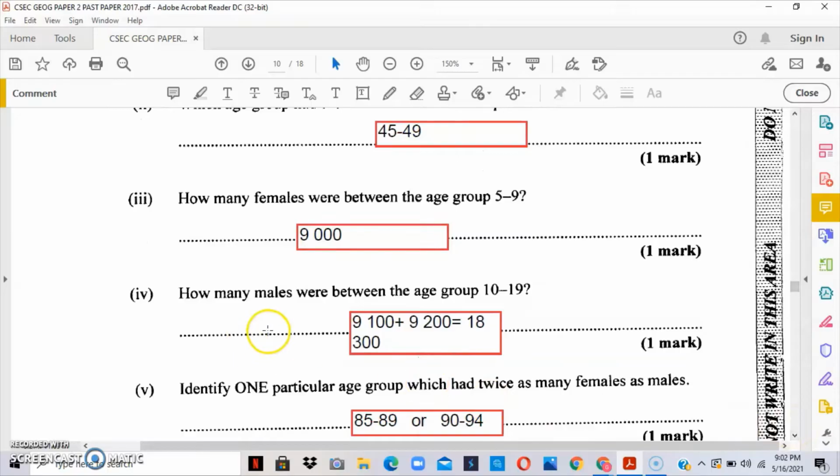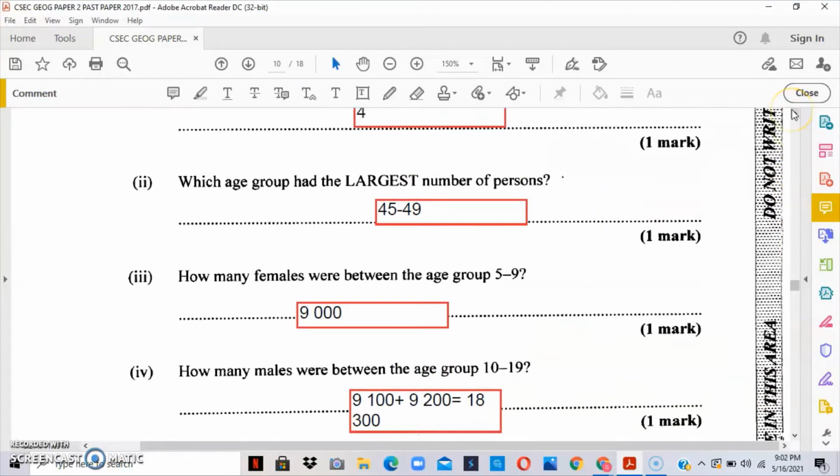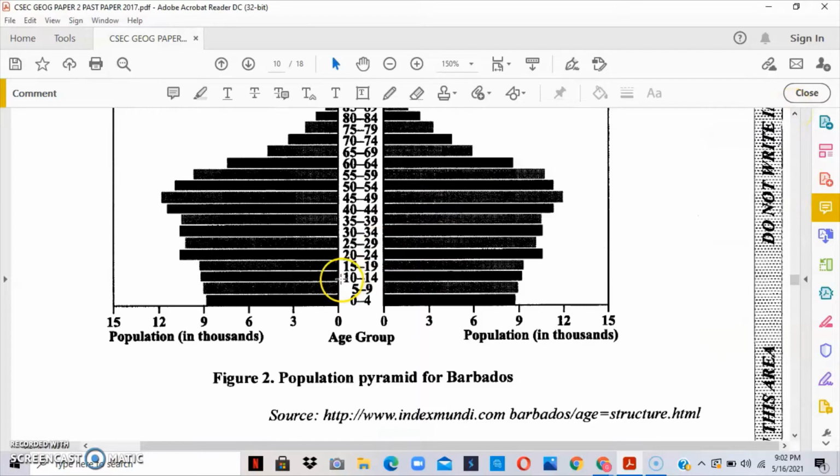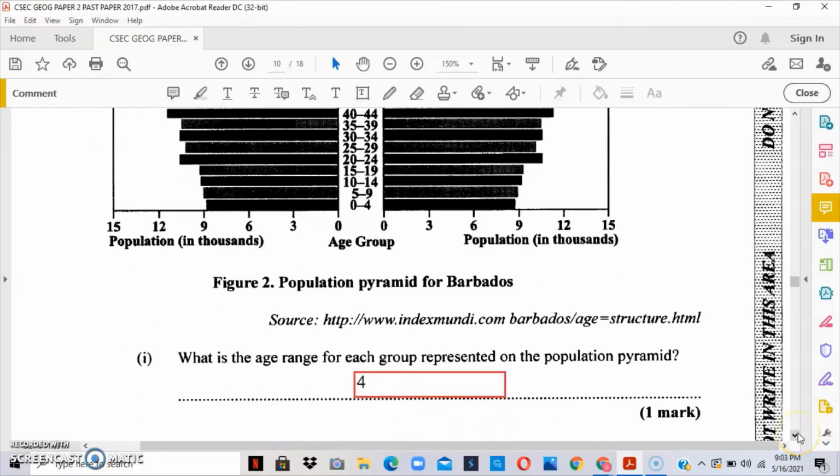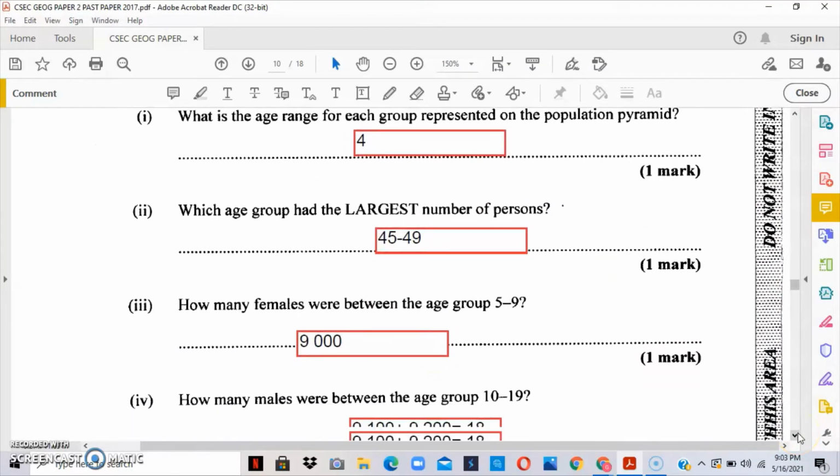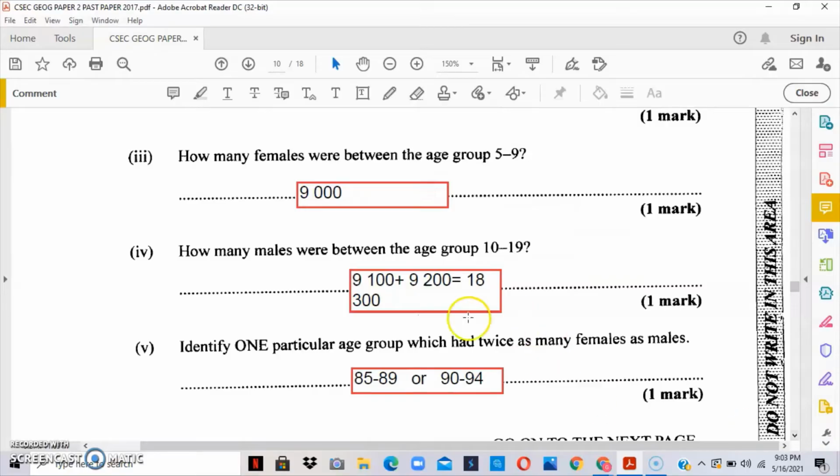And then it asks how many males were between the age groups 10 to 19. Now the first thing you'd have to do is locate the 10. So between 10 to 14 and 15 to 19, you want to know how many males are located between these two. So for 10 to 14, it is 9.1, and for 15 to 19, it is 9.2. So it's in thousands, so it would be 9,100 plus 9,200, which equals